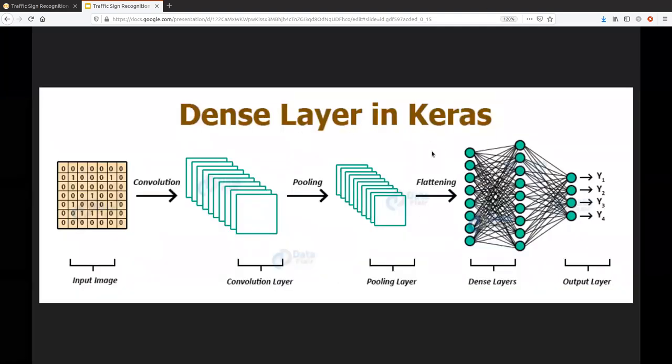So this is how our model is like. We had this input image, we applied convolution on it, we applied max pool on it to reduce our data, we flattened our data, then we applied dense layers, and we're finally moving towards our output layer.